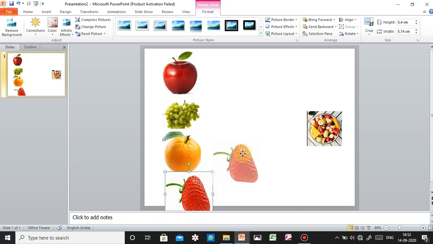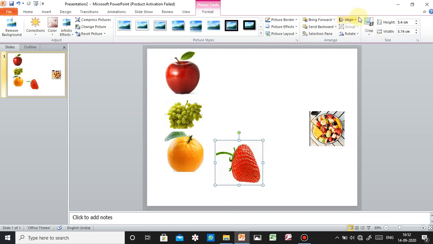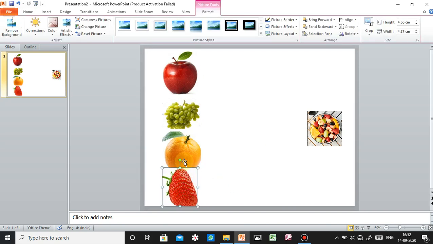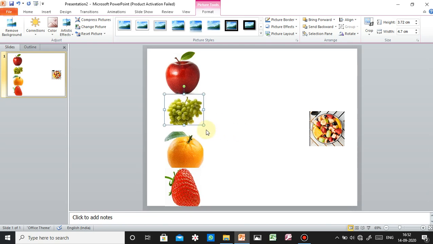Now we have to crop the size of the strawberry. After that we can set it in our sequence. Some little bit only we can crop it. Now we have to set this strawberry here, grapes here, oranges here.